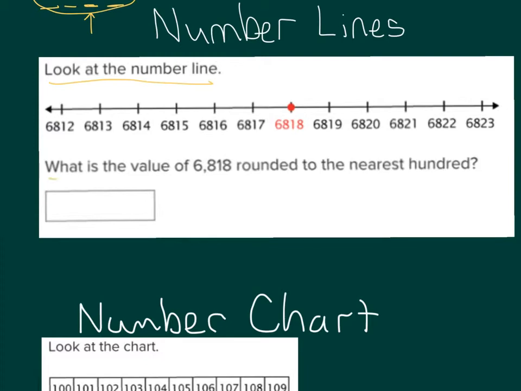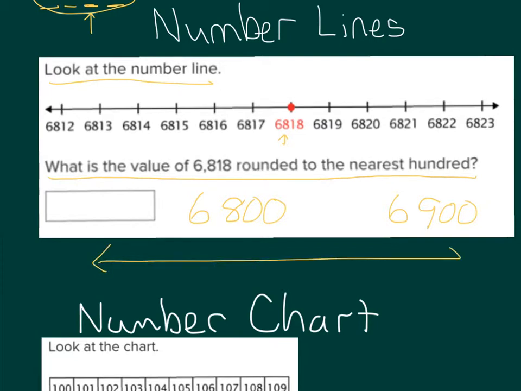So, the question was, what's the value of 6,818 rounded to the nearest hundred? So the hundreds place is the 8. So that means our benchmark numbers would be 6,800 and 6,900. If those numbers were on the number line, like this, if this was 6,800 and 6,900,